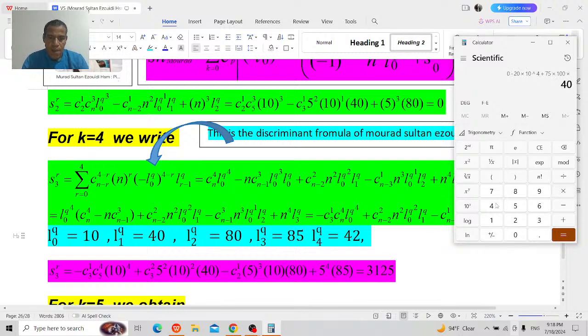Minus 2 times 125 means minus 250, 250 times 10 by 80 is 800 times 800. Plus 5 to the fourth, it will be plus 625 because 5 to the power 4 times 85. This one has to be equal to